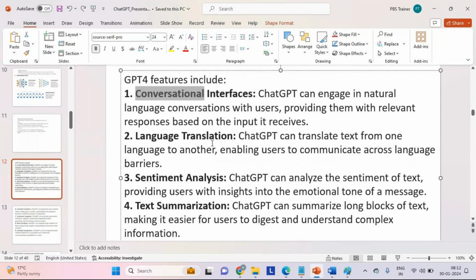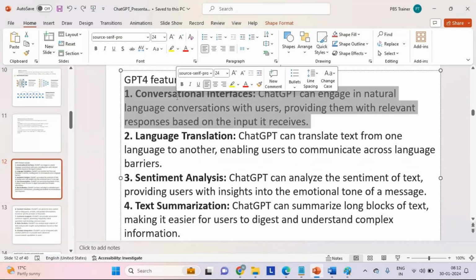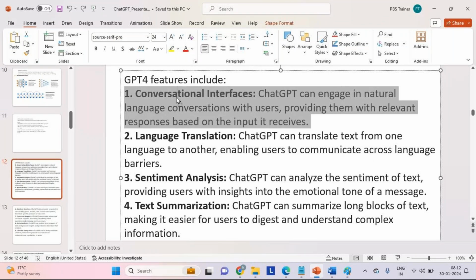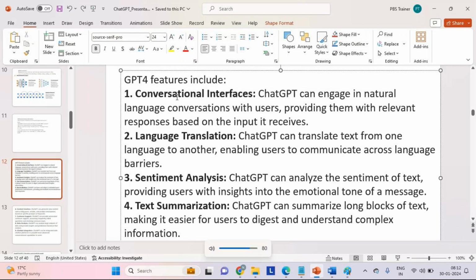So we started with the first and foremost feature, which is conversational interfaces, right? Which means the user can supply the input, and based on that we can get the response. So in the sense, any kind of input that the user can supply.